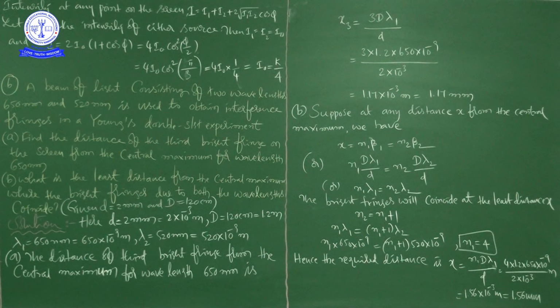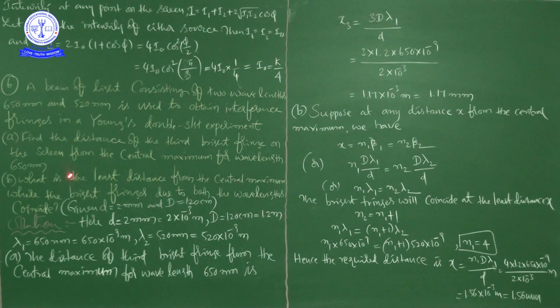You know the position of the two slits, the position of the source, and the position of the screen, right? All this we know from the Young's double slit experiment setup. So small d is equal to 2 millimeters and capital D is equal to 120 centimeters, given as part of the question. The same thing we write here: small d is equal to 2 millimeters, that is 2 into 10 to the power of minus 3 meter, and capital D is equal to 120 centimeters, that is equal to 1.2 meter.